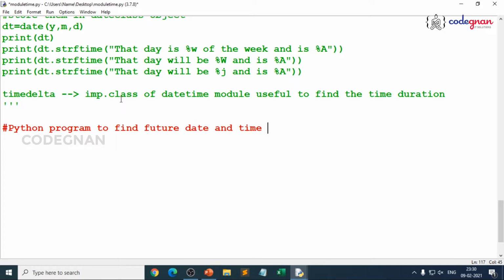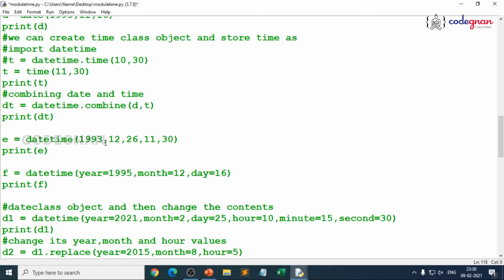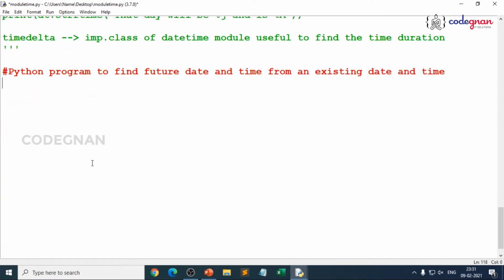My task is to find a future date and time from an existing date and time. That is my problem statement and I am trying to go with that. For that reason, we'll use what we already imported, from datetime import star. That is the reason I made it in the beginning only. So I'll continue with that, where I'll store